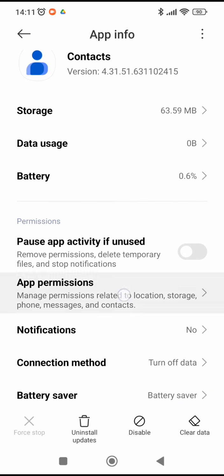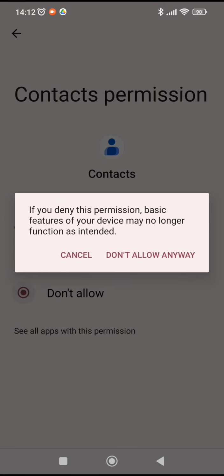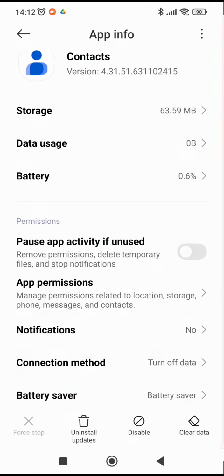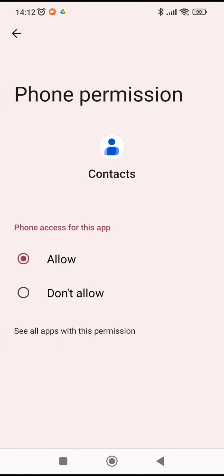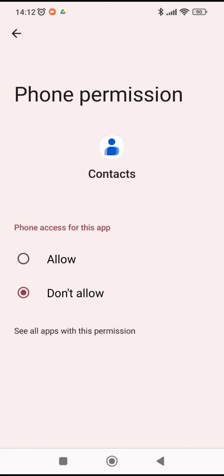Then scroll down and you can find the option of app permissions. Now make sure that your contacts are disabled. It will give you this little pop-up, so you'll select don't allow anyway, and then select phone as well and make sure that you disable this permission as well. Select don't allow, tap on don't allow anyway again,